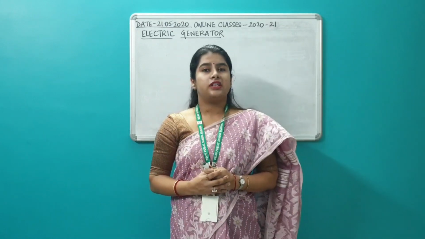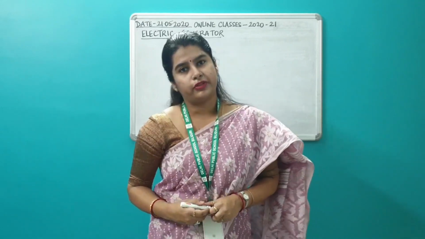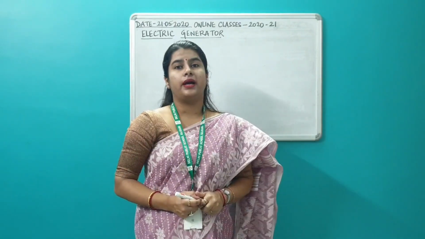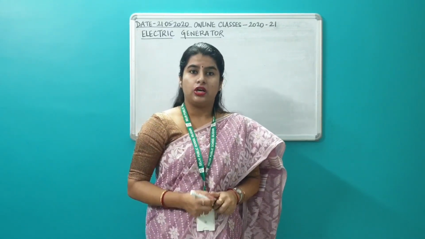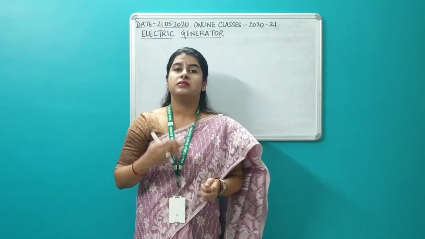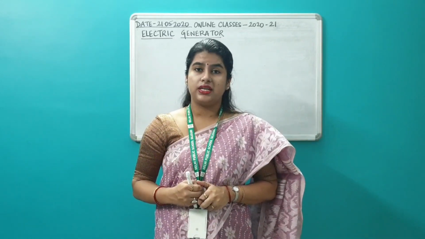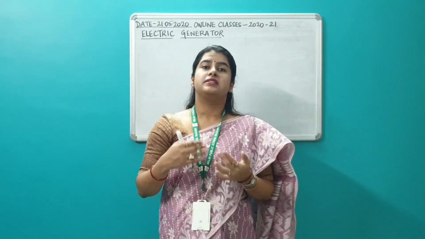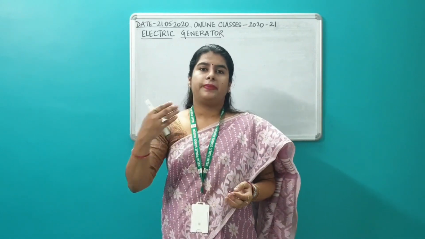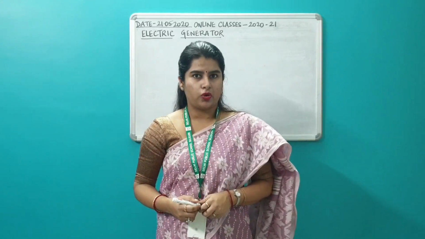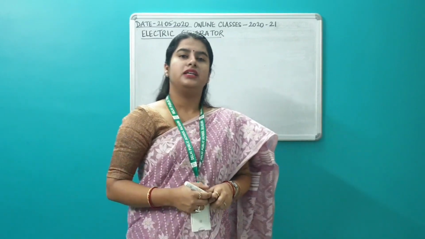Before I start with the working and everything about the electric generator, let me show you the diagram of a generator. First, I am going to draw the diagram of an AC generator. AC stands for alternating current. Why is it alternating current? Because the direction of the current changes. Alternating current is mainly used for getting a large amount of electricity which is supplied to our homes, to industries and so on. So let us start with the diagram of the electric generator.